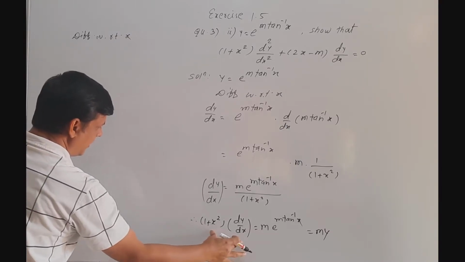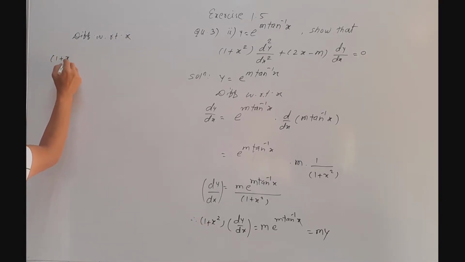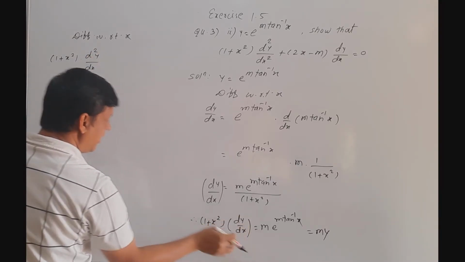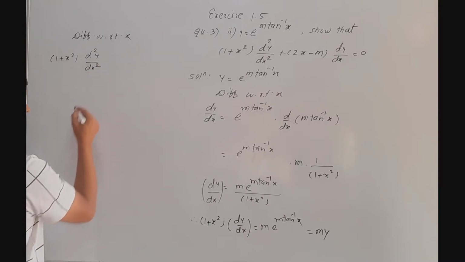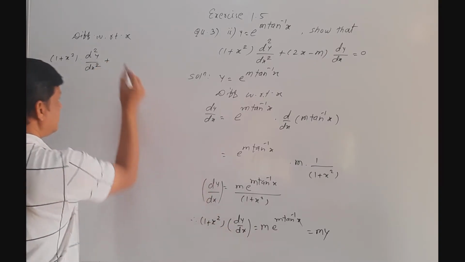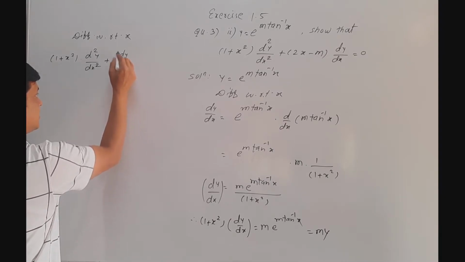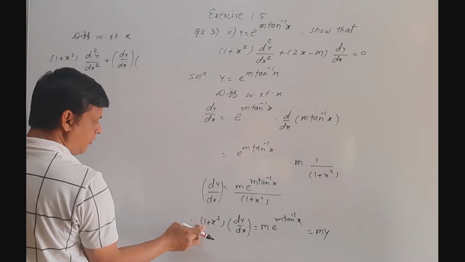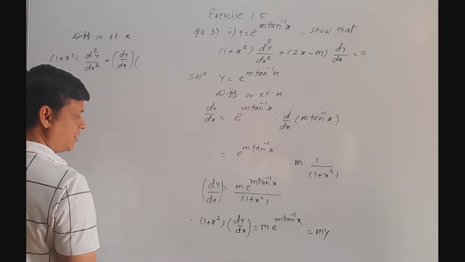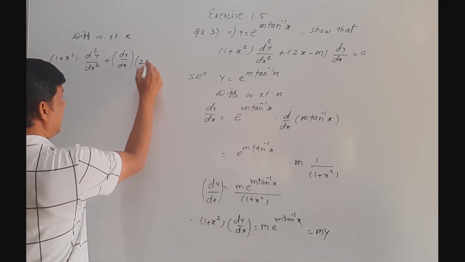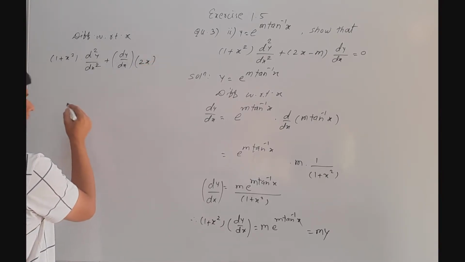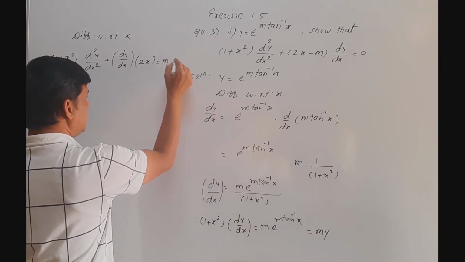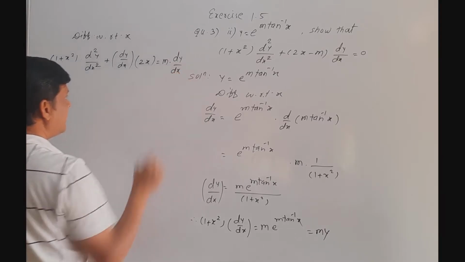So here we have to apply the product rule. So right here, first function into derivative of second. So we write the derivative of this dy by dx as d2y by dx2 plus second function, that is dy by dx as it is, into the derivative of first. So we have to apply here the addition rule. Derivative of 1 is 0, derivative of x square is twice x. So 0 plus twice x, we directly write here twice x. Then m is constant which is with y. So keep m as it is, derivative of y we write dy by dx.